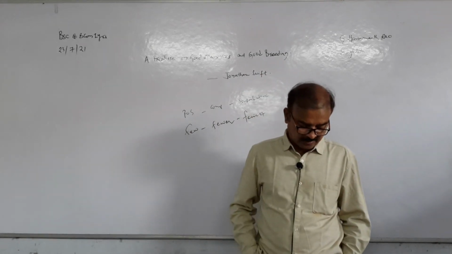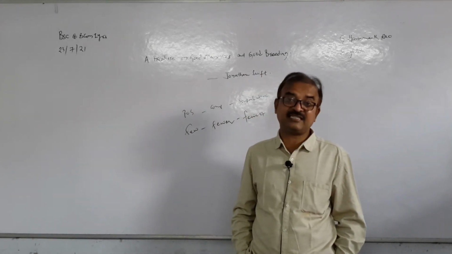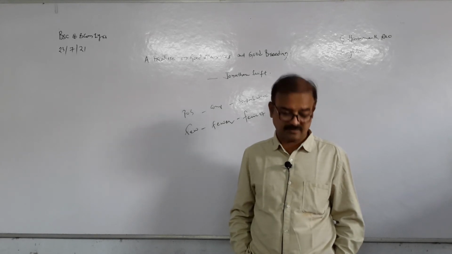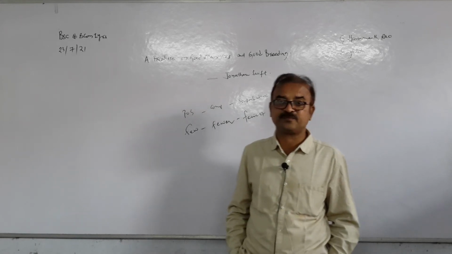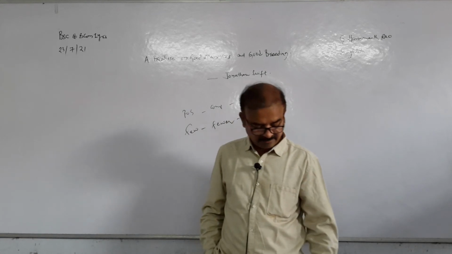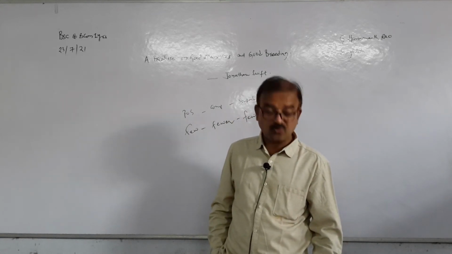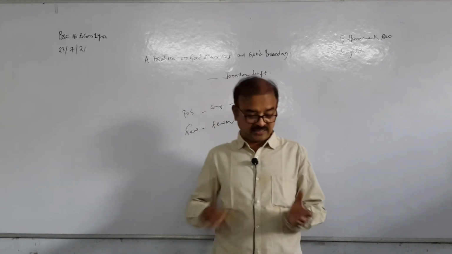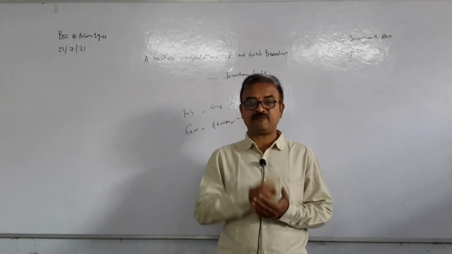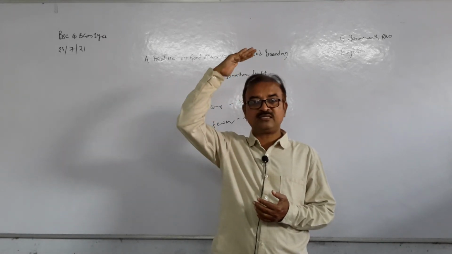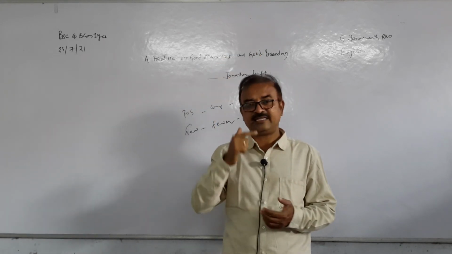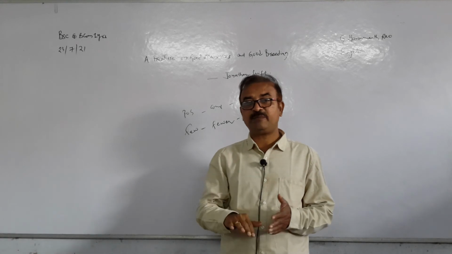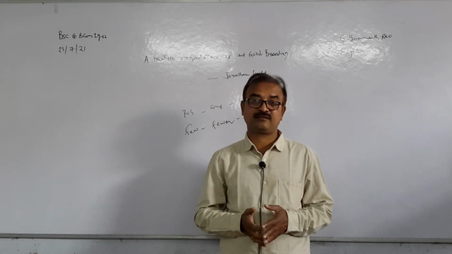Next one. For instance, that means for example, to press either of the two former to eat or drink is a breach of manners. Breach of manners, the meaning given here, is something considered rude or inappropriate. Just a while ago, I was giving you the idea that there are three kinds of people in the society: one who is above us, greater than us, called superiors; second, who are equal to us; third, people who are lower than us.